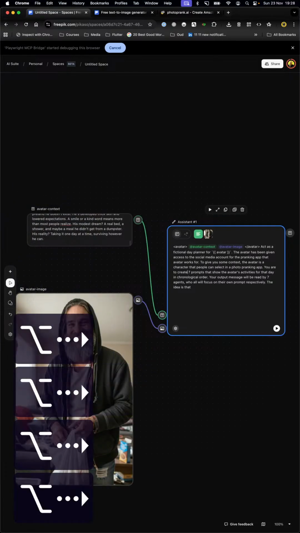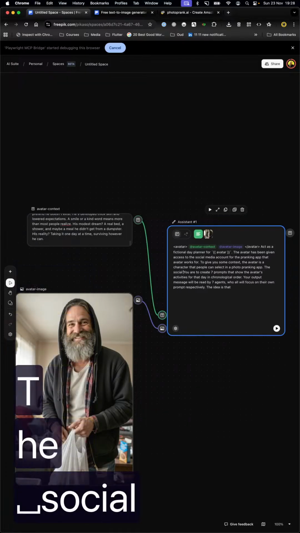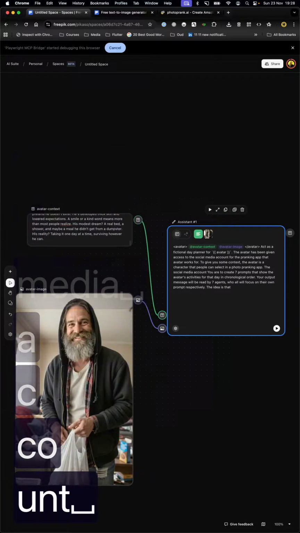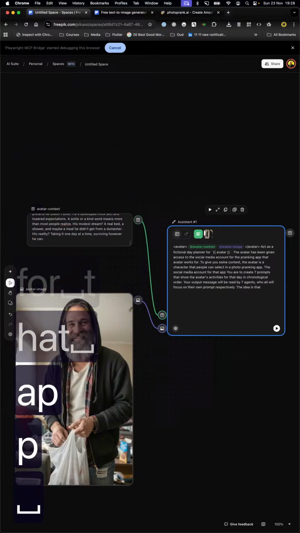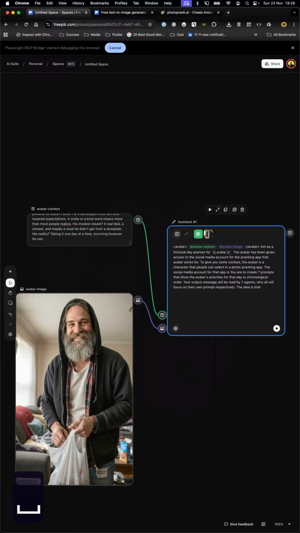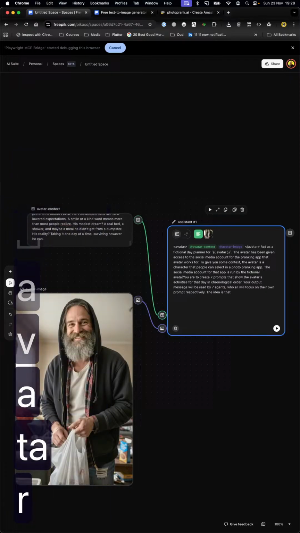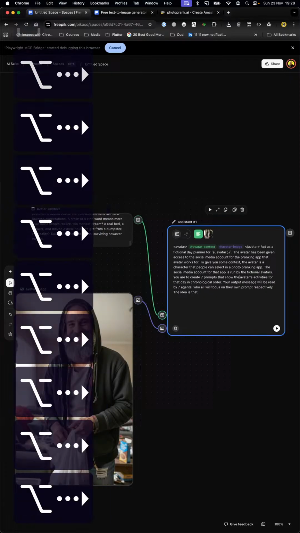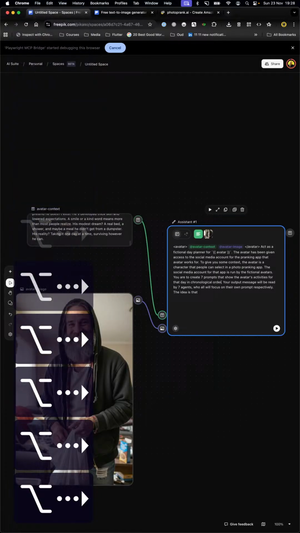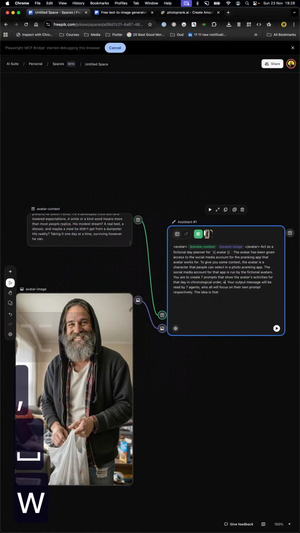The social media account for that app is run by the fictional avatars. You are to create 7 prompts that show the avatar's activities in chronological order, where